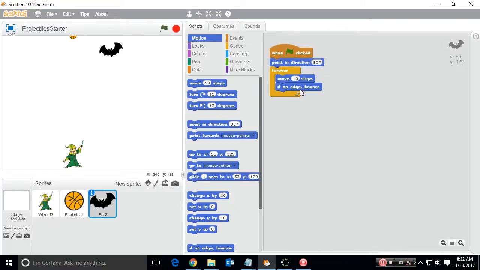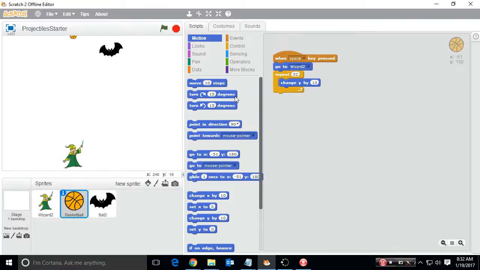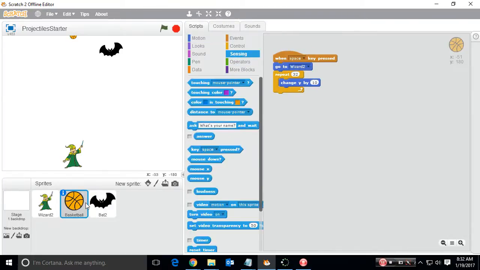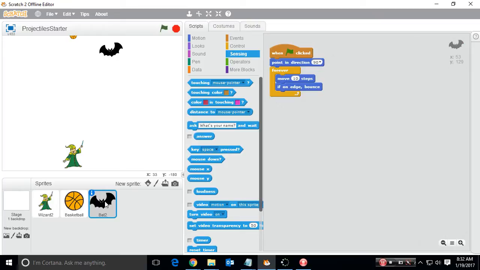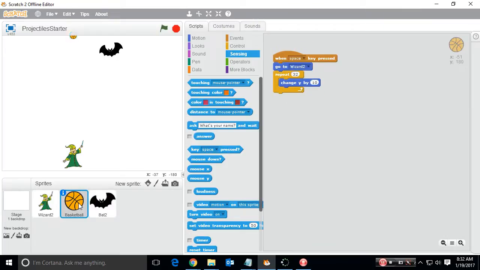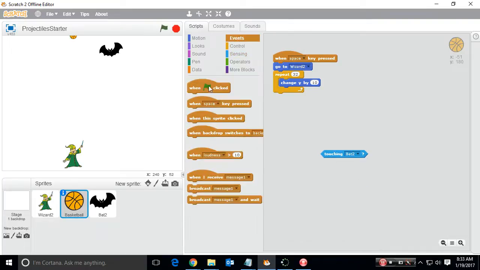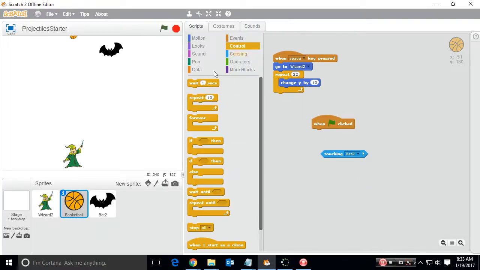The bat, well, where would you put this? We're going to be basketball touching bat. Are you going to put that in the basketball or the bat? Well, it depends. You might think it doesn't matter at first, and right now it doesn't. But if I duplicate and have like 10 or 20 bats, what's going to be different? If I put this in the sensing, touching, bat 2, and then remember, green flag clicked, forever if,